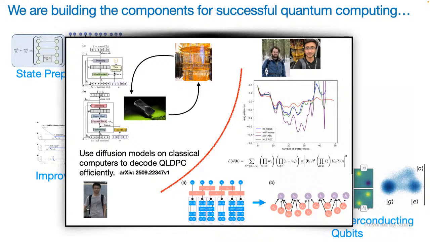And so we've done various things in error correction, some error mitigation on IBM devices. Here, we use diffusion models, which is a modern machine learning technique, to take the syndrome, the measurements that are coming from a quantum computer, and decode what those errors are, particularly in quantum LDPC codes, to efficiently and accurately look at the syndrome and say, oh, this is the error you made, this is the thing you have to go fix. And this is working well, partially because of modern machine learning, but partially because it's heavily relying on fast classical devices such as GPUs.